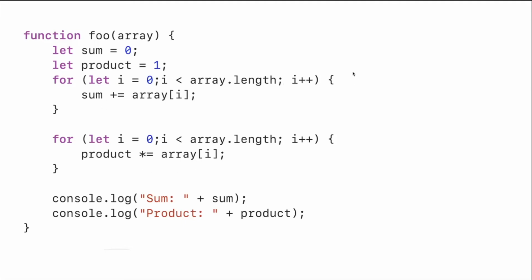Now it goes through two for loops, and it goes through all the items of the array of size n, and so the number of iterations that it goes through is 2n, because it goes through the array 2 times, and we can express the time complexity of this function as order of 2n, and we can drop the constants in the expression, and express it as order of n. What it means is that the time taken for this function to complete will vary linearly with the input size n.